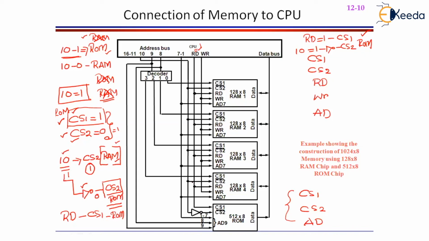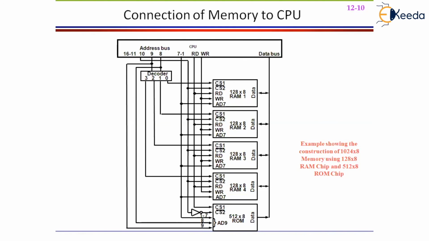Okay, now we need to enable RAM, whenever the 10th digit is equal to a 0. Now, we need to discuss the selection criteria for RAM. Already, RAM CS2 is connected from the 10th digit. That means that whenever the 10th digit is equal to a 0, and this gets connected to CS2 of RAM, right? So one selection condition has been enabled.